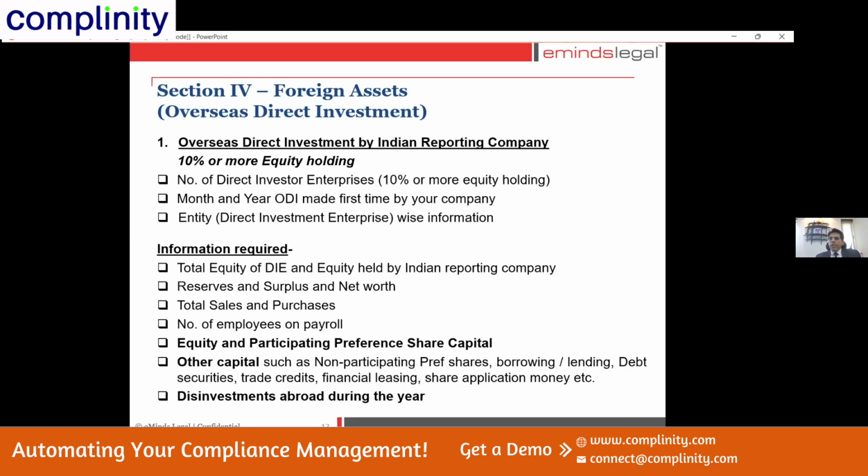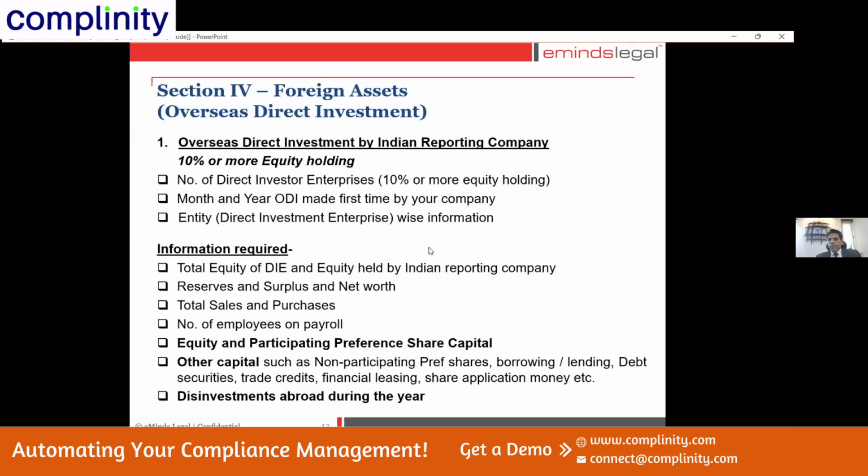In case of ODI, the same information is required only in case of direct investment enterprises, like the companies in which your reporting company has made investment. Details of reserve, surplus, sales, purchase, etc. of that company only. So you need to mention how many direct investment enterprises you have in which you are holding 10% or more equity holding, month and year ODI made first time by your company, and then you have